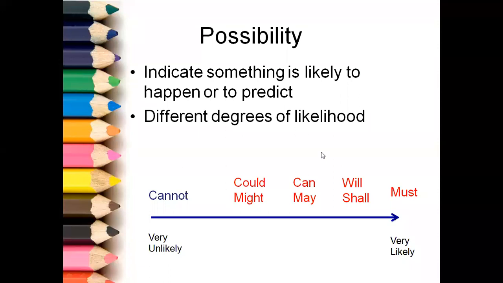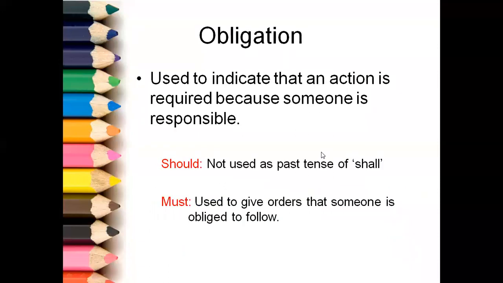Now coming to the next application, which is obligation. What is obligation? I want to make something compulsory. Nowadays it is obligatory to wear a mask. Suppose you are traveling somewhere within the city premises, you are going to college or going to office, and then the rule will say you should wear a mask. So whenever you want to put an obligation, you want to impose a rule on others, whether they like it or they don't like it, they have to follow, we use should and must.